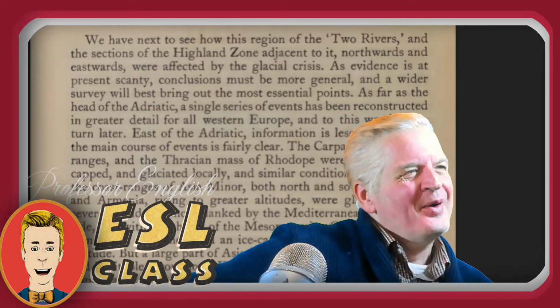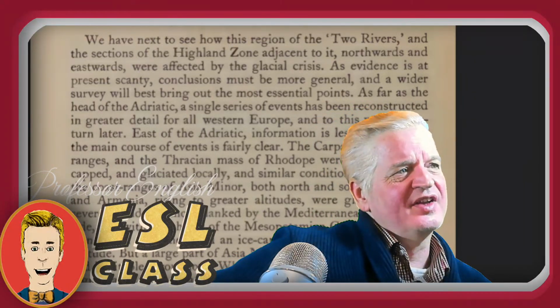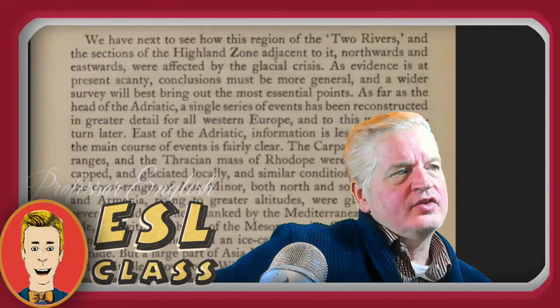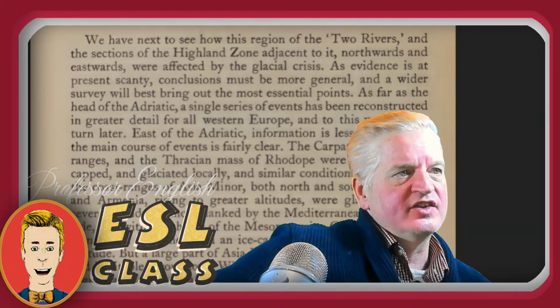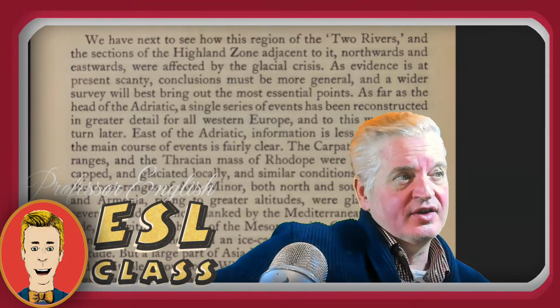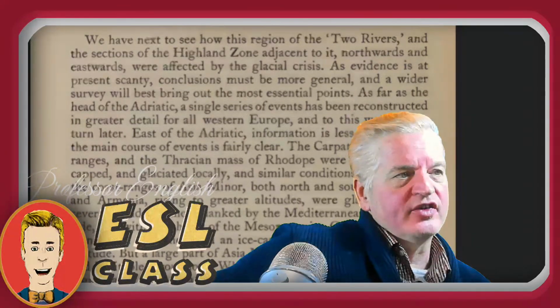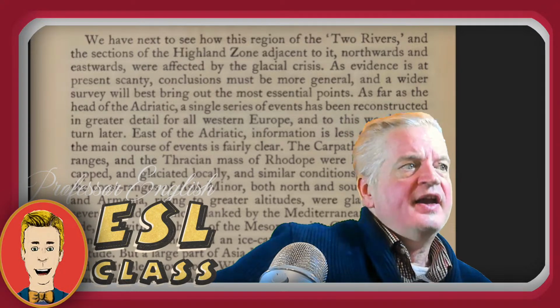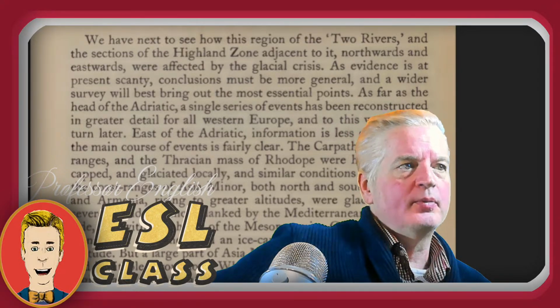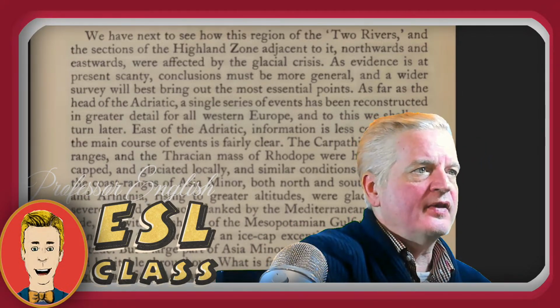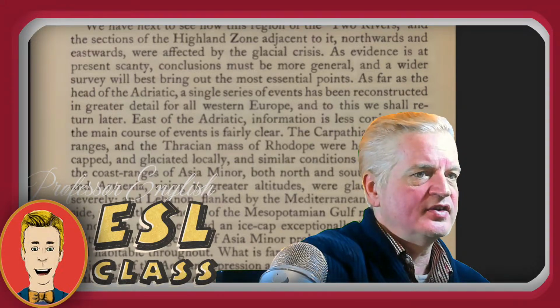Let me just read it again. We have next to see how this region of the two rivers and the sections of the highland zone northwards and eastwards were affected. So now they're going to take a look at how this glacial crisis affected this area. As evidence is at present scanty. And they don't have a lot of evidence for what happened, so it's guesswork. Conclusions must be more general. They can't say very much about it. And a wider survey will best bring out the most essential points. So they'll just try to figure out the main points, the main ideas of this, since there isn't a lot